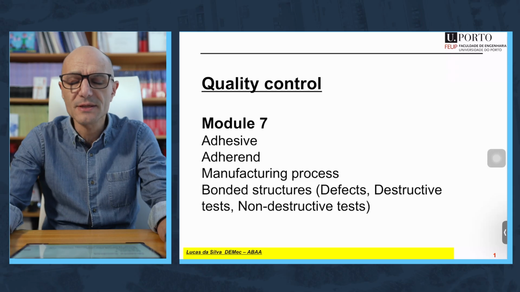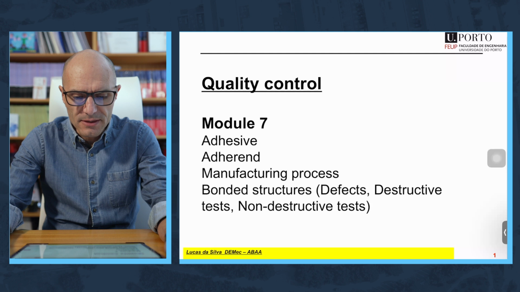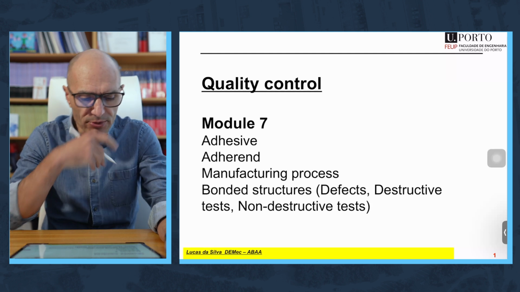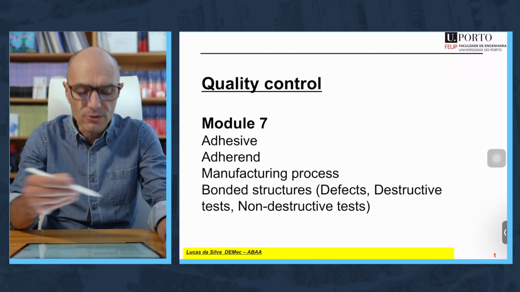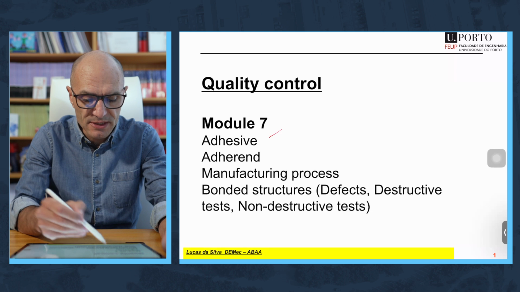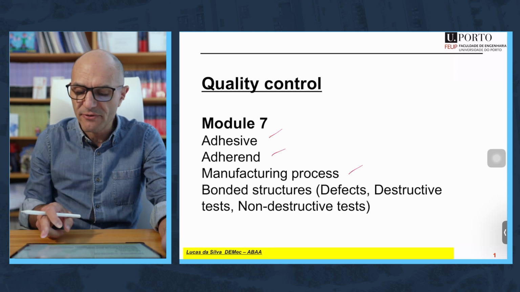We have manufactured the joint. Now it's time to control the quality of the joint. That's what we are going to discuss in this module. But I also take the opportunity to discuss quality control in terms of the adhesive, the adherent, and the manufacturing